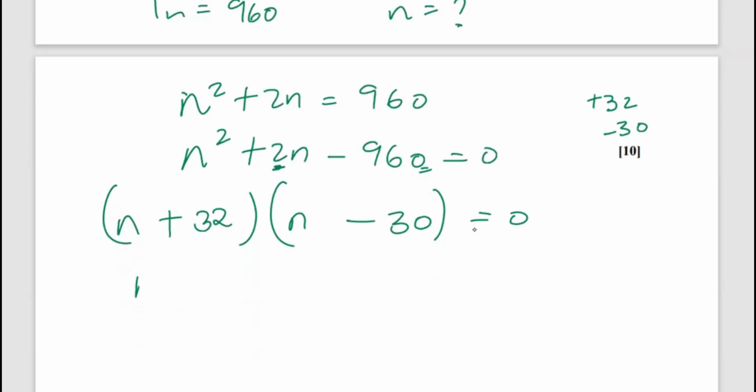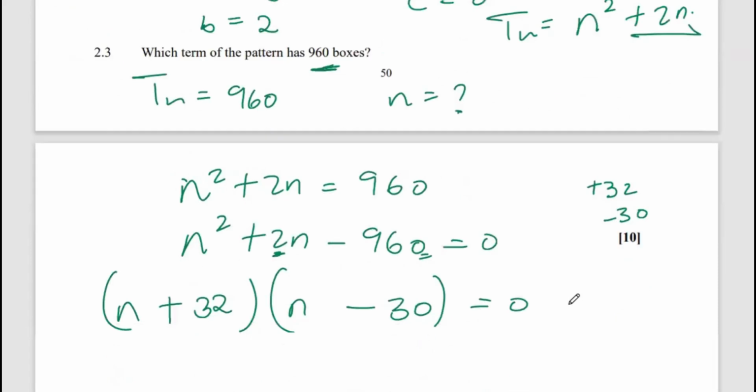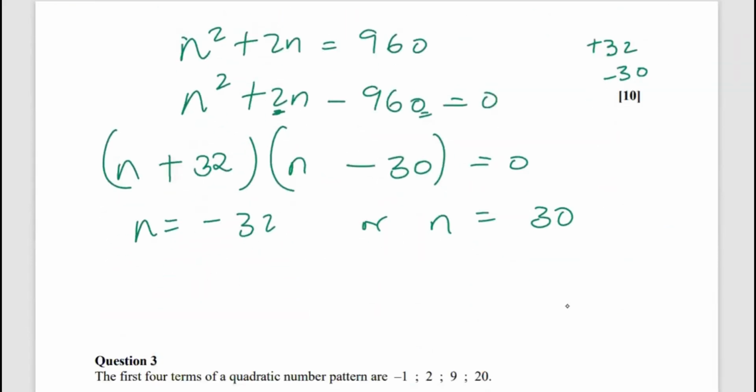So solving this, n is going to be negative 32, or n is going to be 30. But since we're talking about positions, we cannot have a negative position, so we get rid of that, and we focus on position number 30. All right, we move on. Probably the last question,